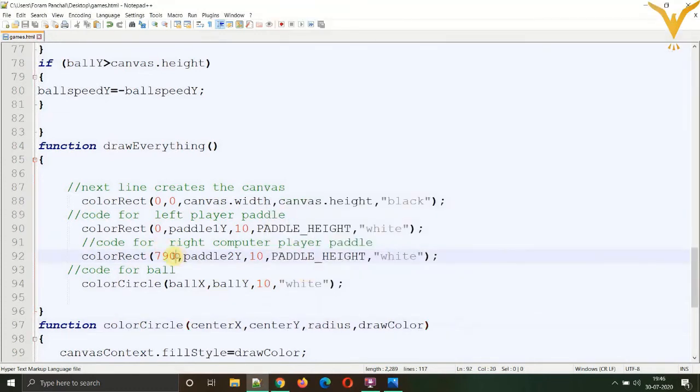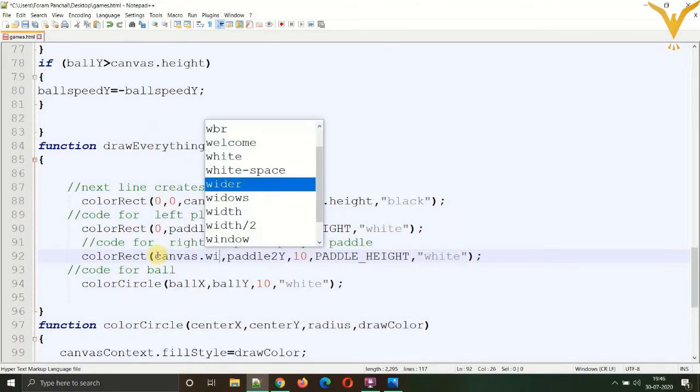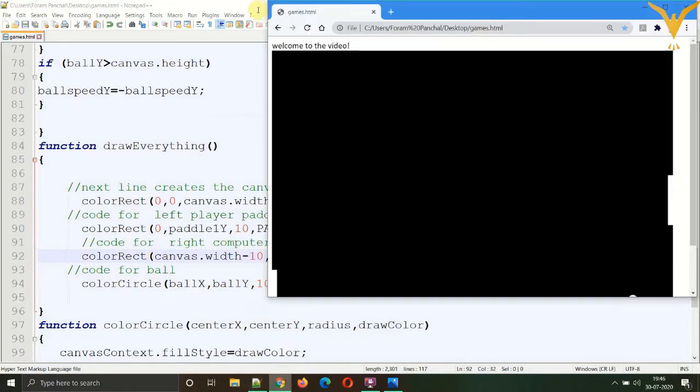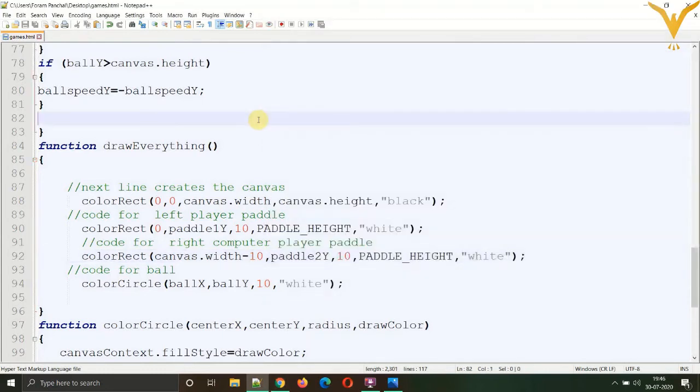Now this is the hard coded thing. Let's make it using the variable. The variable will be canvas dot width minus 10. Save and refresh. Okay, so that's making no change and it's perfect. Now notice over here we are using the number 10 at 3 places. In the rectangle we are using it for 3 places. Just ignore this circle part, not this. We are using it for the width of the paddle 1, the width of the paddle 2, and we are also using that number for subtracting and getting the position for right paddle.